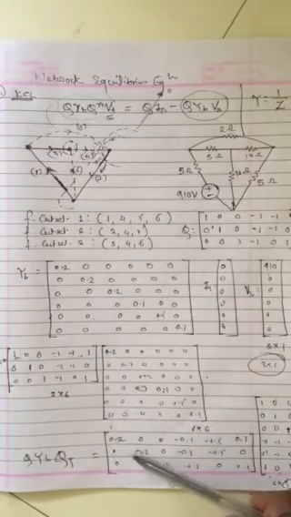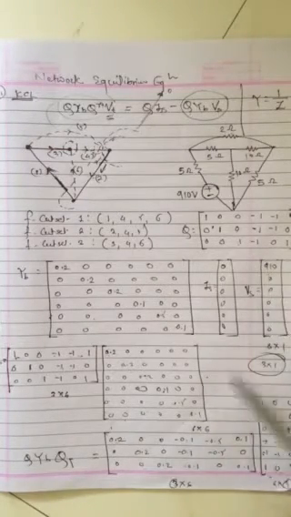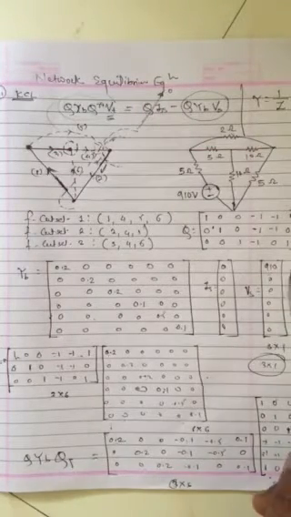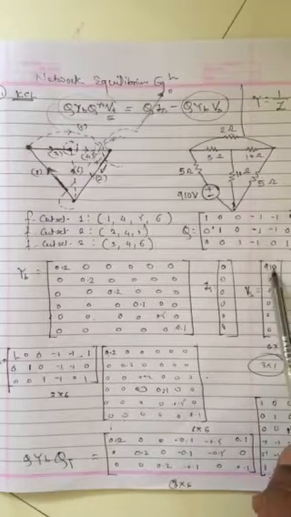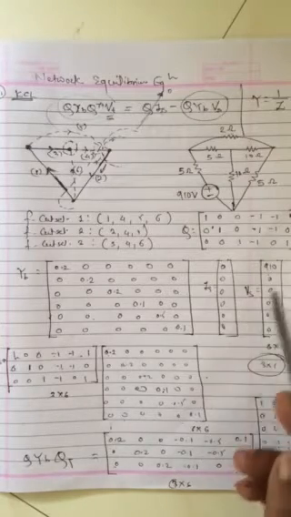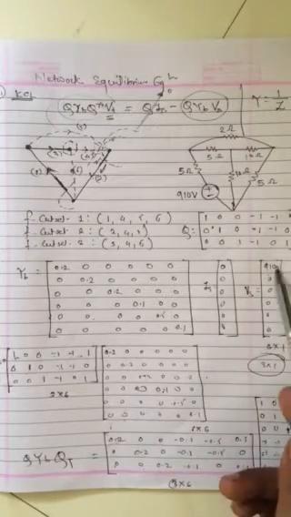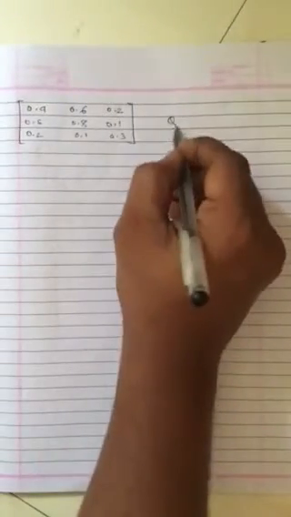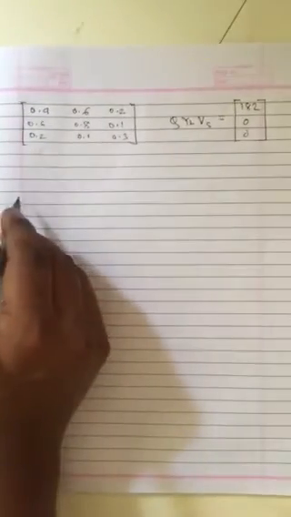When we multiply the second row with this column, the output will be 0. When we multiply the third row with this column, again the output will be 0, because only one element is there, the remaining are all 0. That one element when multiplied with 0 is 0. For all other elements it is 0. So we will get 182 for the first, see 0.2 into 910, 182, and 0, 0. Okay. So Q YB into Vs equals what we got, 182, 0, 0. Okay. Now let's place it properly.